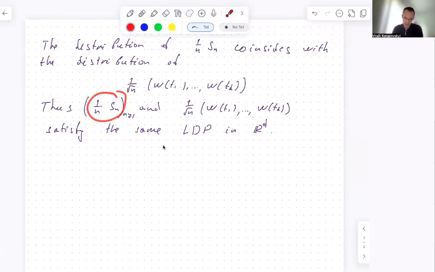Why did I start from the empirical mean here, and not directly from the vector Z? The reason is that we know what the large deviation principle for the empirical mean is, because we already proved it in the one-dimensional case and discussed it for the multi-dimensional case: the Cramér theorem, which gives us the rate function and claims that this family satisfies the large deviation principle. Let's just recall that. So then by Cramér theorem,